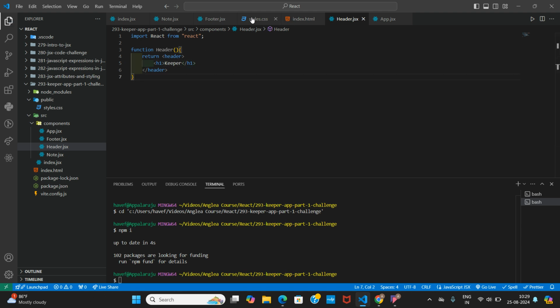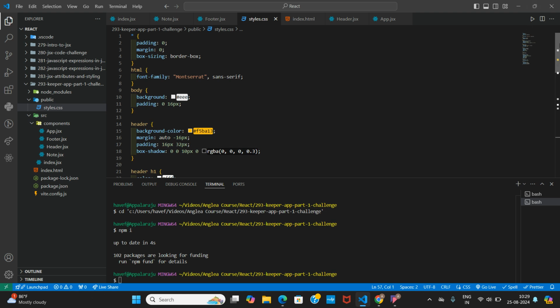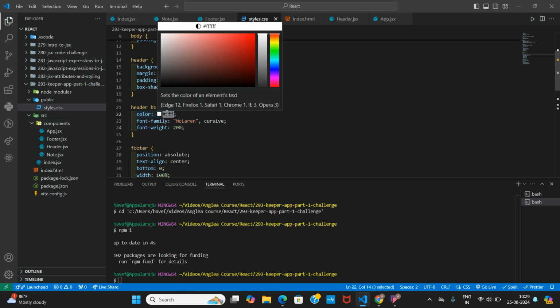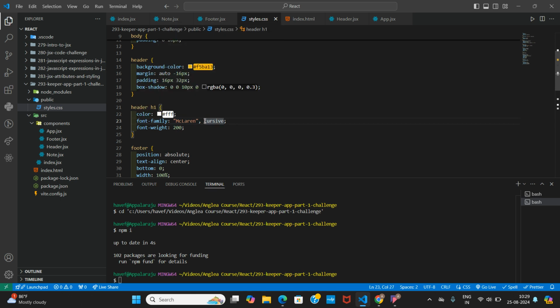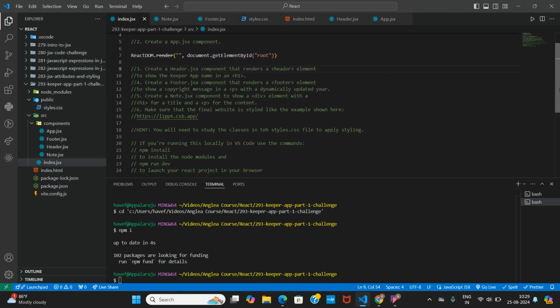And inside the styles, here you can see how the style is going to be applied to each component or each element. Here header, it will apply to the header, and inside the header, the h1 element, the color of the h1 element will be white, and font family and font weight you can see. And here I forgot to do one thing. And what is that? Let's go to the index.js. The step is